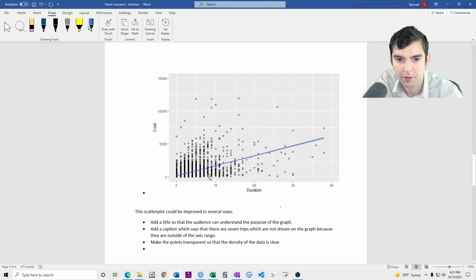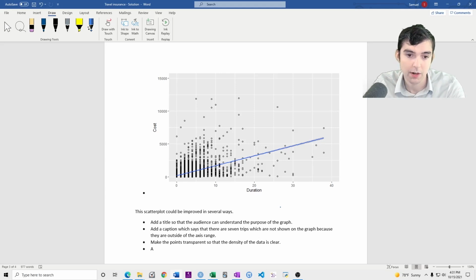Also, I don't know what type of regression line this is. There are different types of lines. It could be weighted regression, unweighted regression.